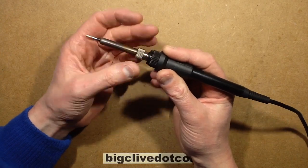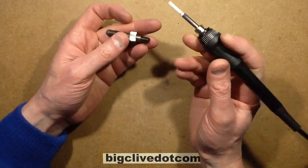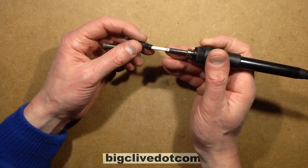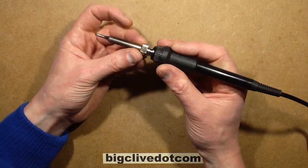And it's also not got fantastic coupling between the little heating element in here and the bits. The original Hakko it's based on has little sleeves that go around, and I don't know why the Chinese copies don't actually have those sleeves. However,